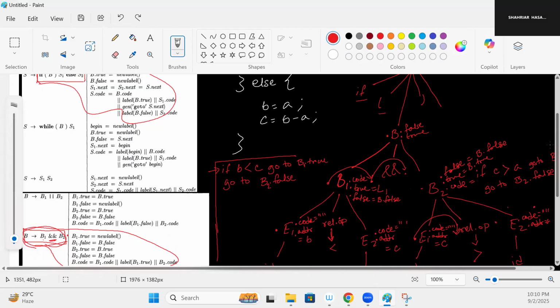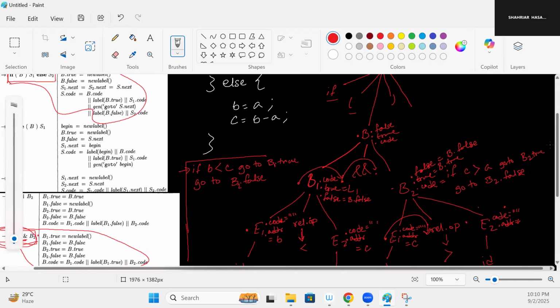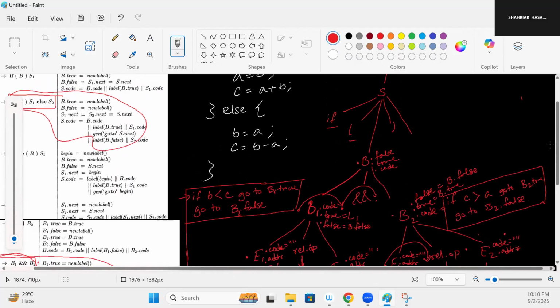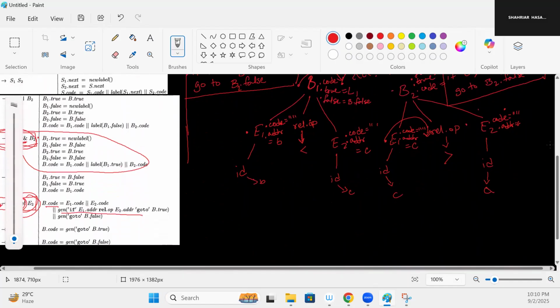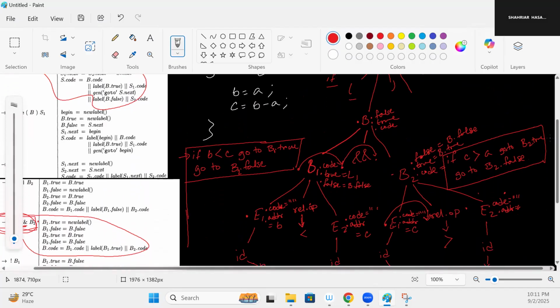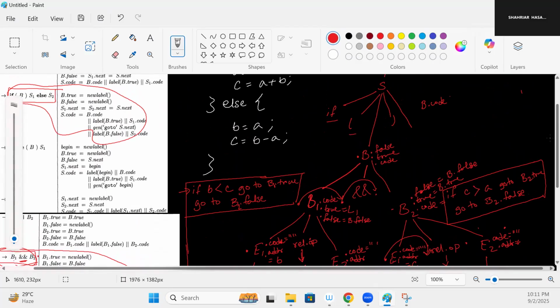Now we generate the B dot code. Now this B has an attribute called code. So let's see what this code will refer to. Here, this was the three address code for this B2, and this was the three address code for B1. So where should I write the three address code for B? Let's write it here. This is the B dot code part. This will have B1 dot code. So B1 dot code is basically referring to this one. So let's write it: if B less than C, go to